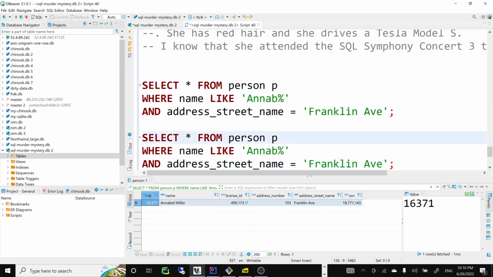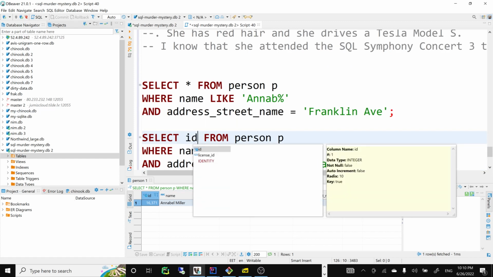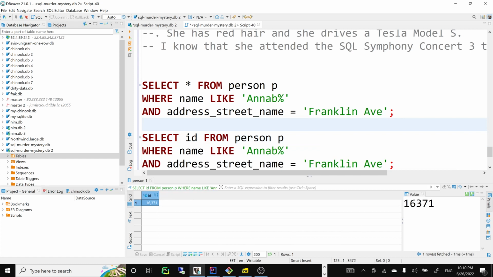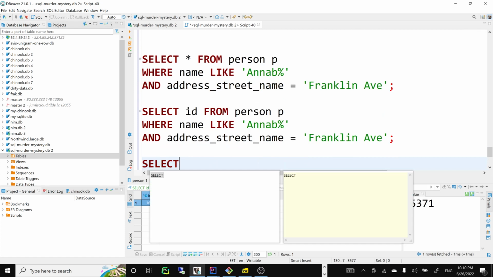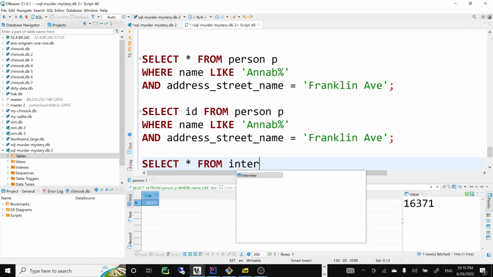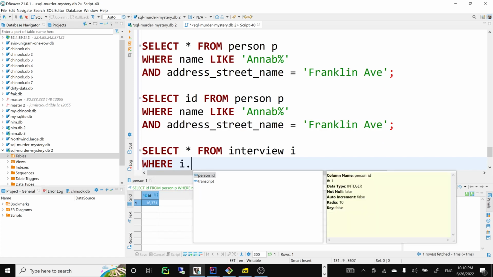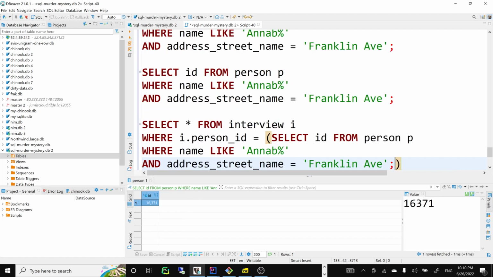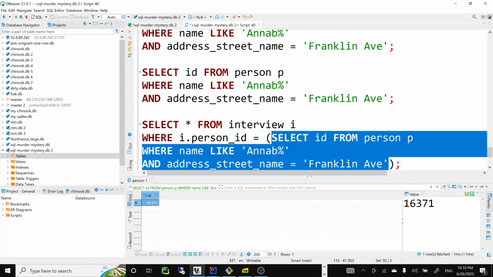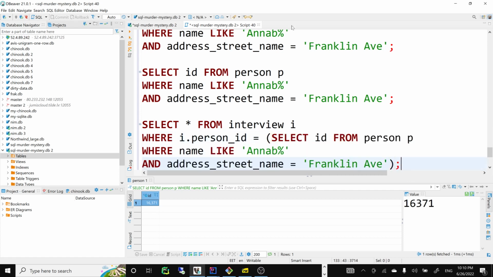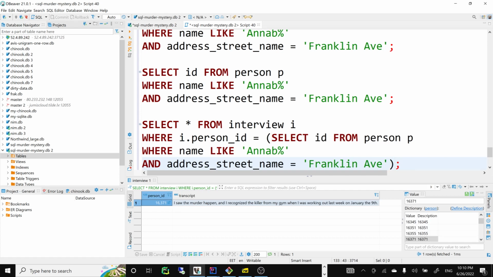So we have this interview, right, and we can use this to select all from interview where person ID, right, equals this part here, right? We just need to switch a semicolon. Again, remember, so what's happening, we have a semicolon here, right? So this is one query, right? Let's see how fast this goes actually, right? Right, okay,